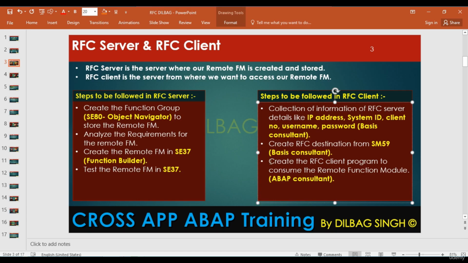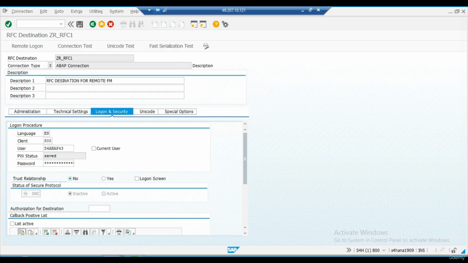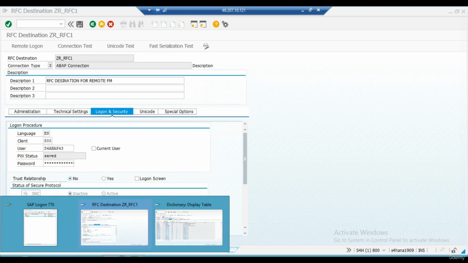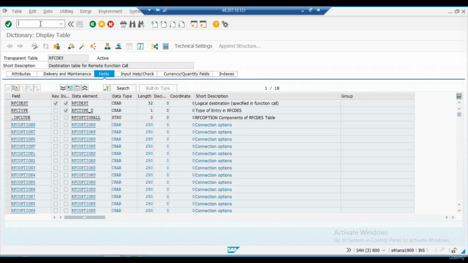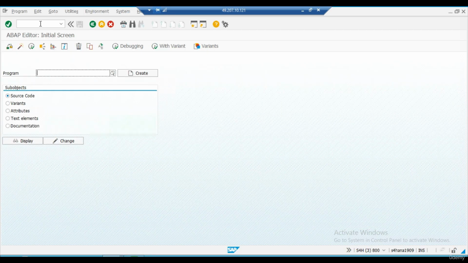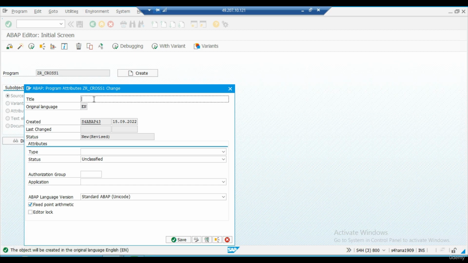Right. So now what is the last step here? Create the RFC client program to consume the remote function module. So we need to create one RFC client program, or we can say an executable program. So let's go to SE38 here. Let's give the program name some name. Let's say gr_rfc1, or let's say gr_cross1. So this is the program name. Second, create here. Yes, give the title. Let's say